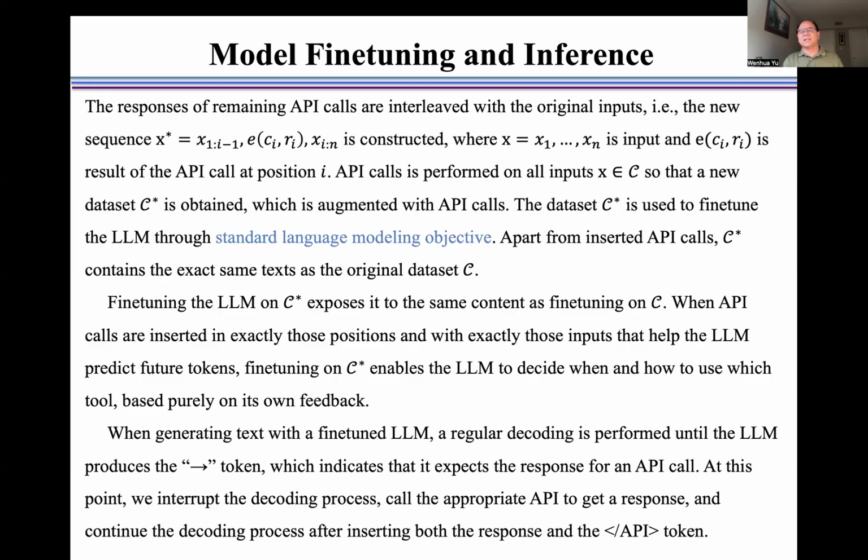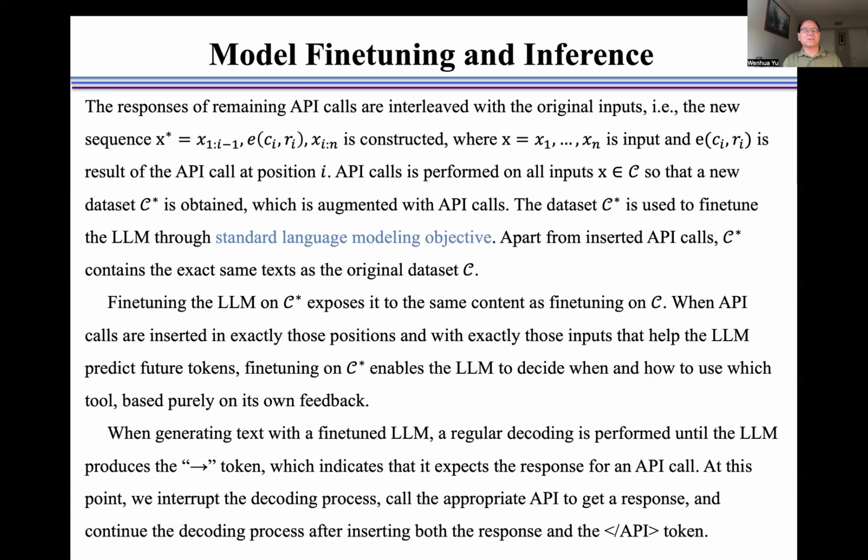The dataset C asterisk is used to fine-tune the large language model through the standard language modeling objective. Apart from the inserted API calls, C asterisk contains exactly the same text as the original dataset C. Fine-tuning the large language model on C asterisk exposes it to the same content as fine-tuning on C.